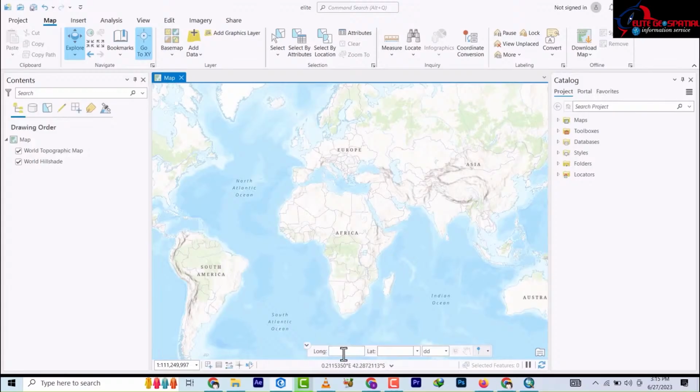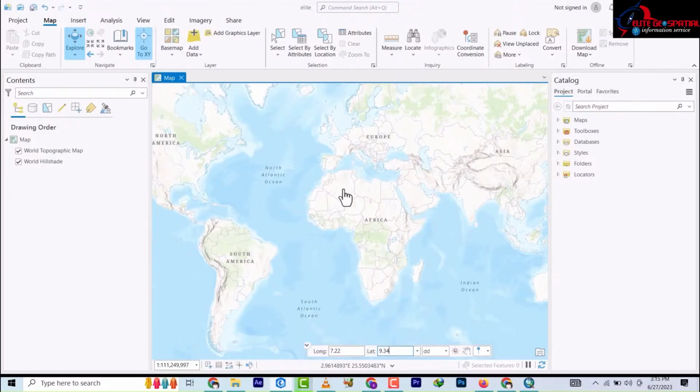So let's say I have a coordinate, just one coordinate I want to plot. Normally in AutoCAD, you remember that when you enter a coordinate, it goes and drops the point. Let's say I'm just going to use one. So let's say I have 7.22 on the longitude and 9.34. Then I press enter. So you see that